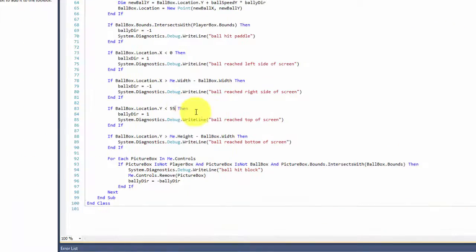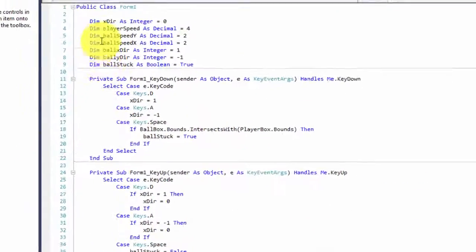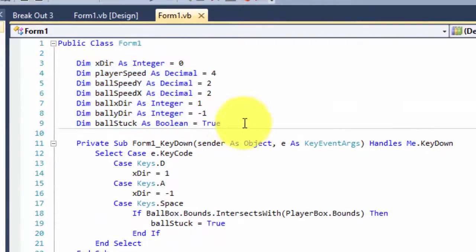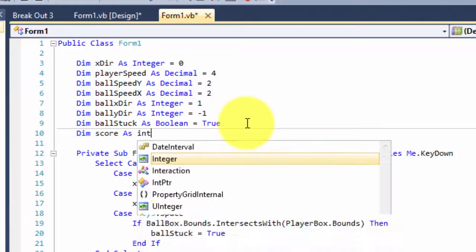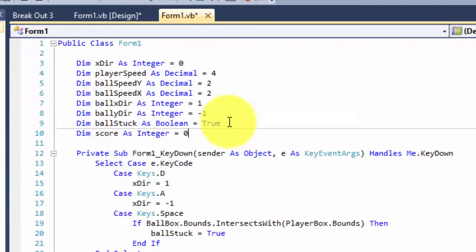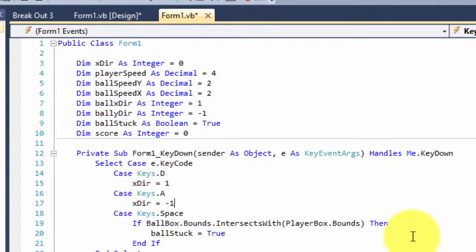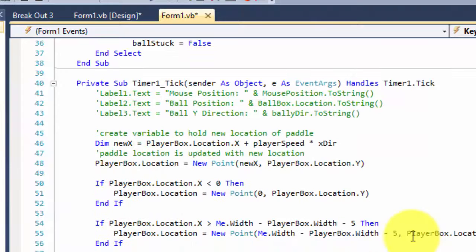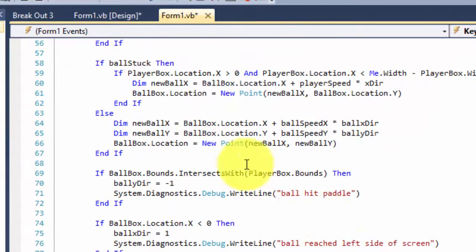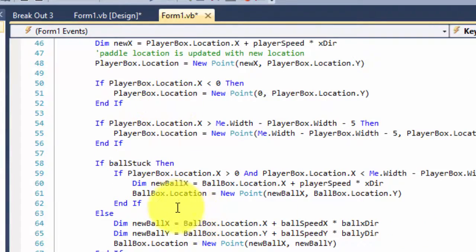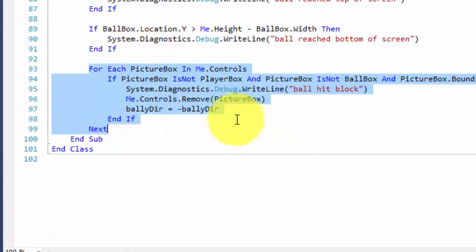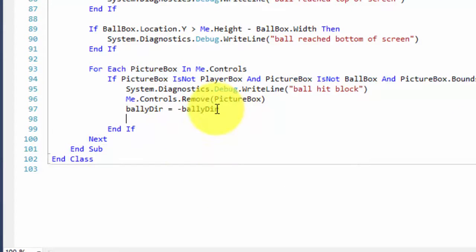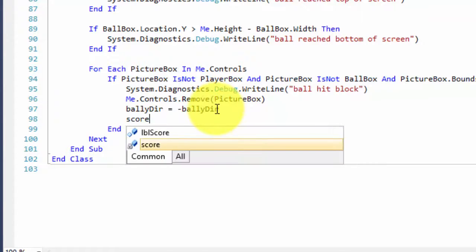Okay, so each time we hit a block, we add to the score. So what we're going to need is a variable to hold that. All right, so up here we're going to do dim score as integer, and we're just going to set it to 0 at first. So then down here in code, we need to find the section of code where it actually hits a block. So it's going to be right down here at the very bottom. So at the very end, when it changes the ball direction, I'm just going to add in a line here